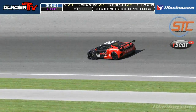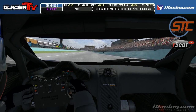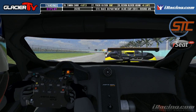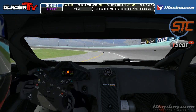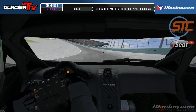Yeah. I'm going to move swiftly on and have a look at the battle for P4, which is Angelo Di Mella. And it looks like Pawel Bienkowski has got past Angelo Di Mella for P4. So that was, he was flying earlier. So Bienkowski up to 4th position,